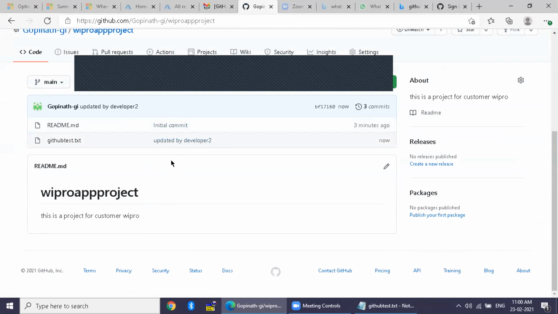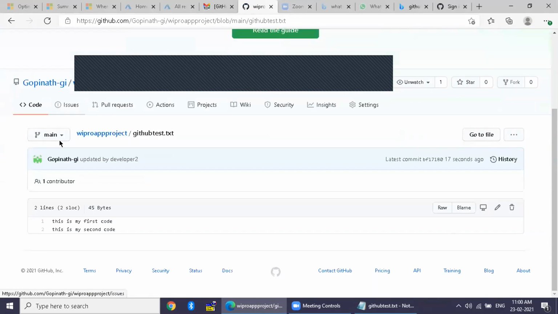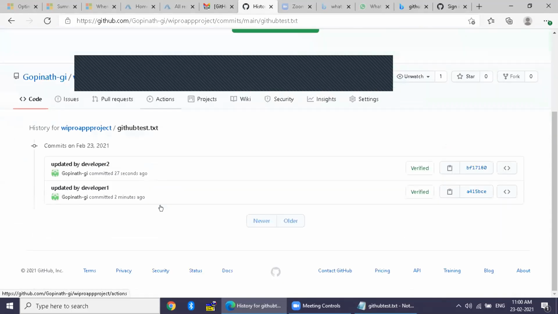Let's click the GitHub test again. Now you see there is something called history on the right hand side. In the history, now you are able to see you have 2 updates.